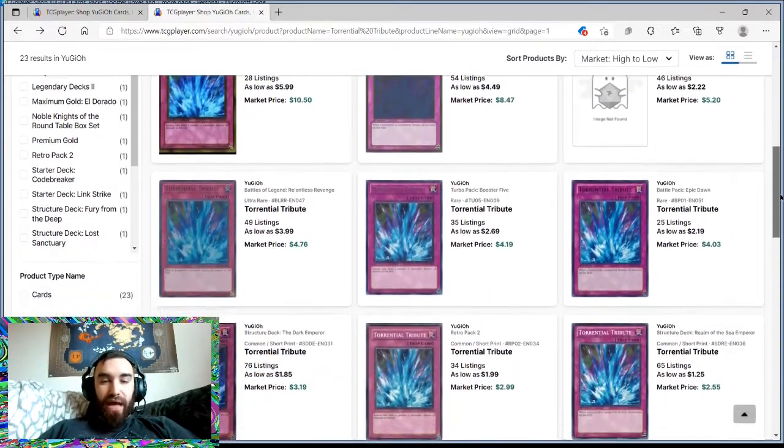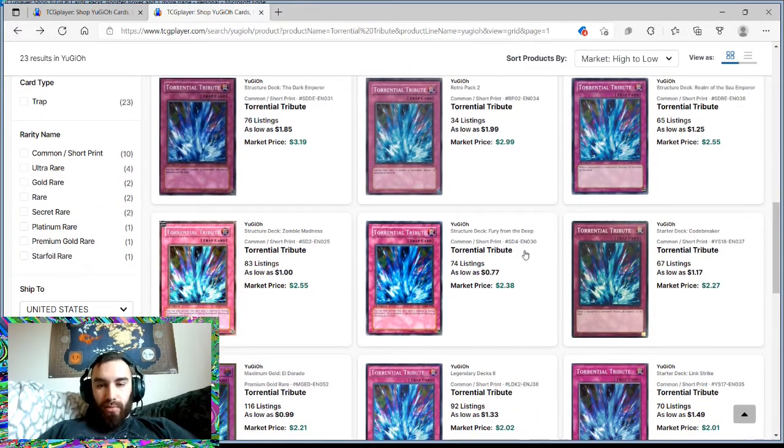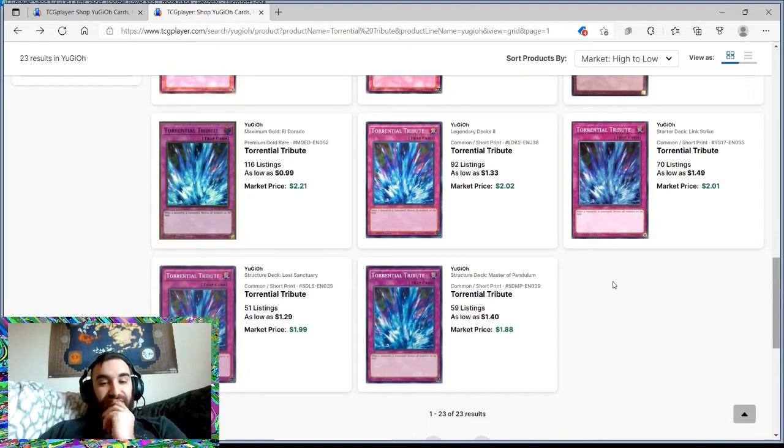And we look at the listings. I'm just looking at the listings under $5, right? And we got Battles of Legends, Relentless Revenge, the Booster 5 from the Turbo Pack, Epic Dawn, the Dark Emperor Structure Deck, Retro Pack, Realm of the Sea Emperor, it's an older structure deck, Codebreaker, Fury from the Deep, Zombie Madness, all of those are structure decks. We look at legendary decks. They're common. The Lynx Strike starter deck, Master of Pendulum, and Lost Sanctuary. So we see, first off, a lot of structure decks, which is probably why the cheapest version of Torrential Tribute